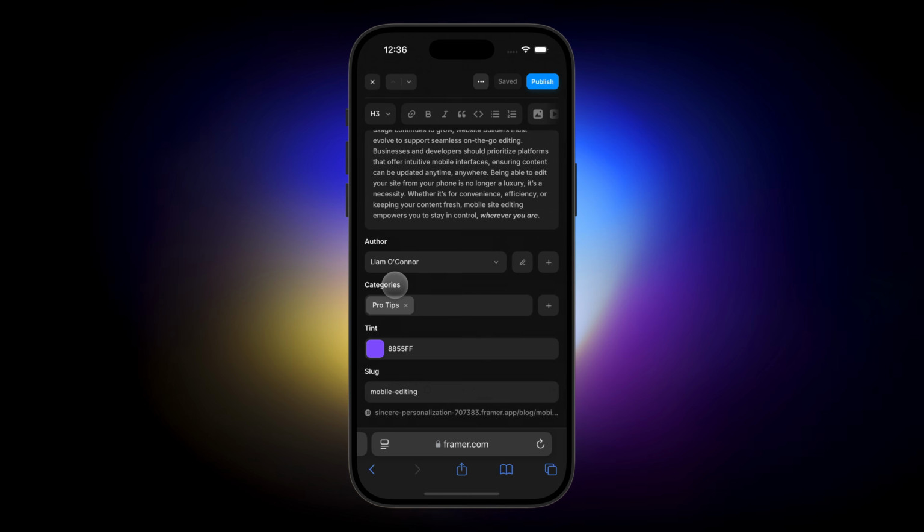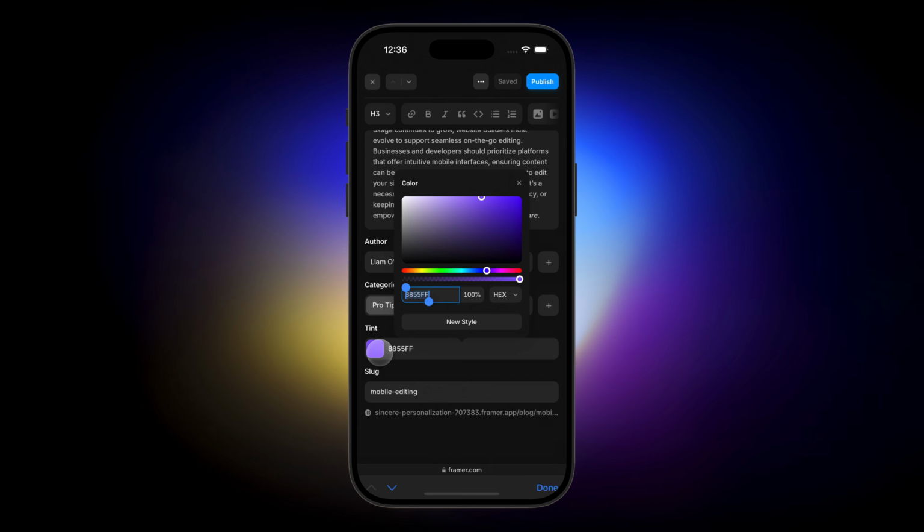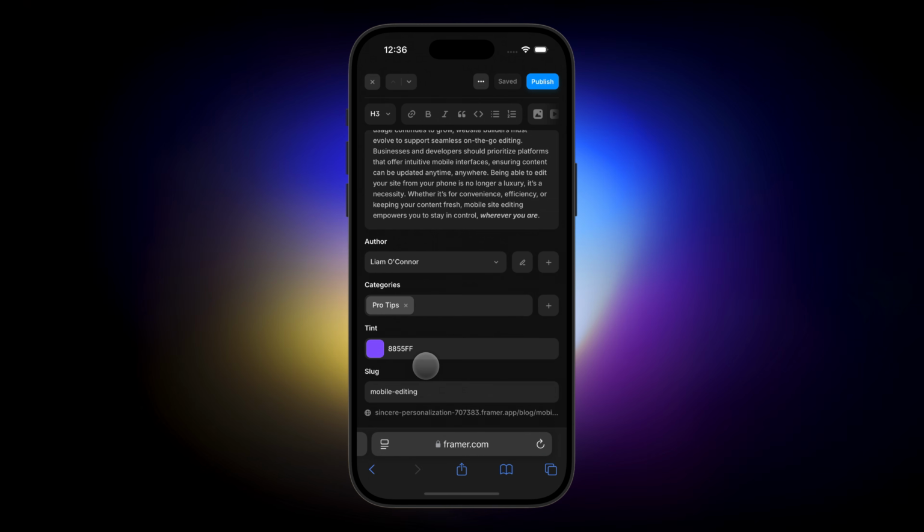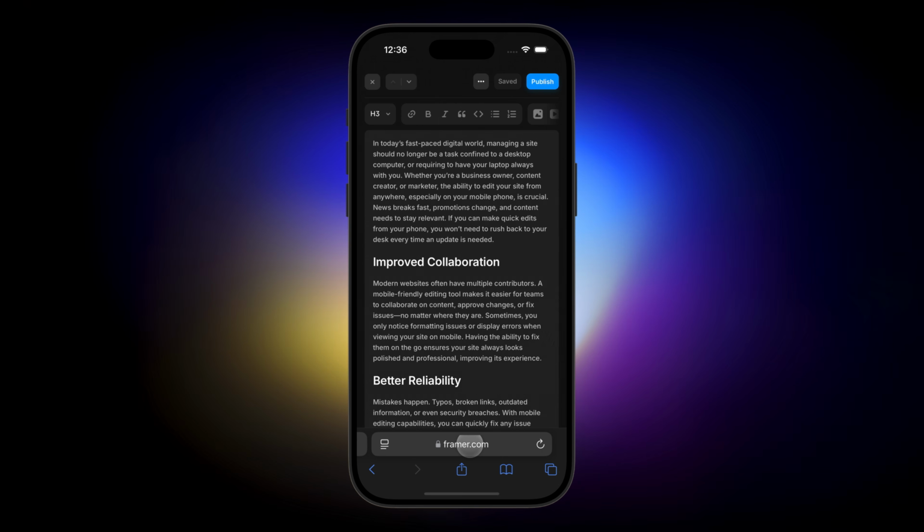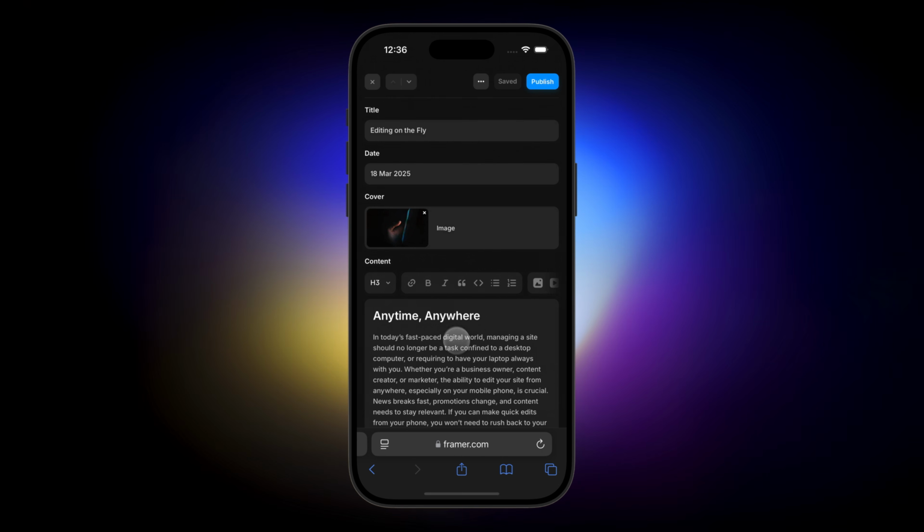You can even change the content of fields like tint, which will show a color picker on top, and that's about it. We really hope you enjoyed this update that will allow you to edit your site content from pretty